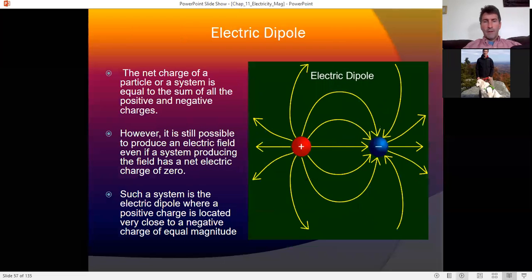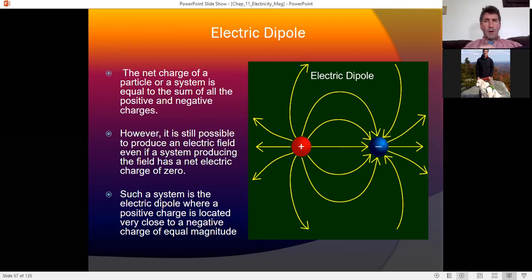Now, some molecules and some objects have one side positively charged and one side negatively charged. We call this a dipole, an electric dipole. Electric because it has electric charge, dipole, di meaning two, pole talking about charges. So for instance,